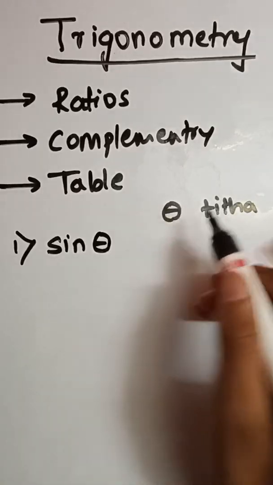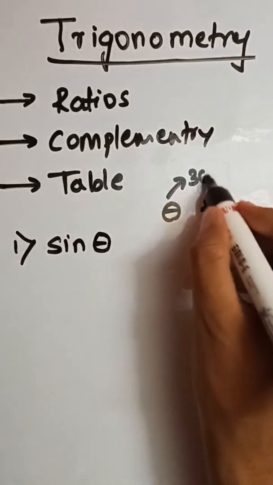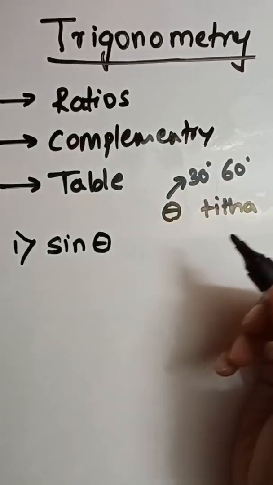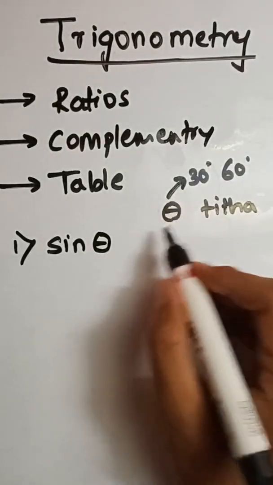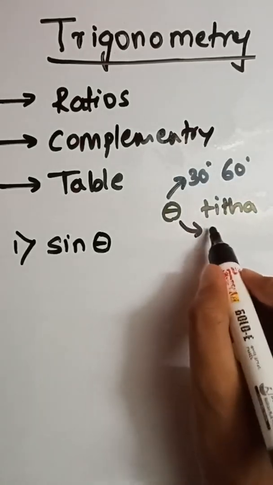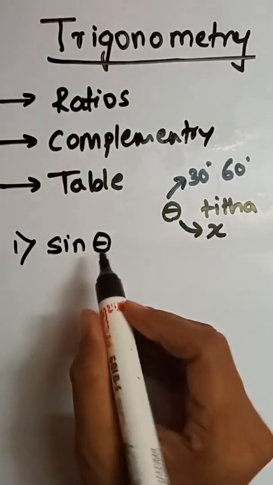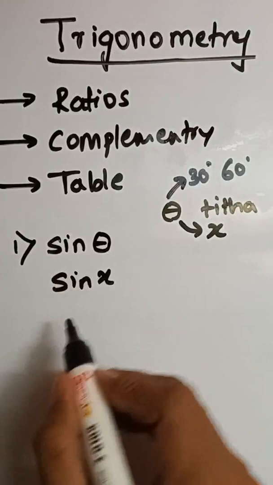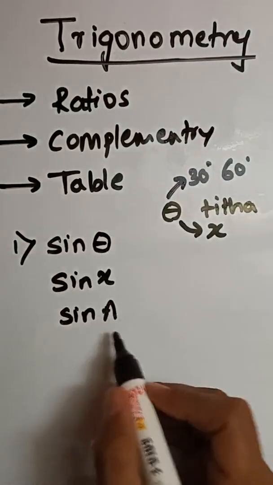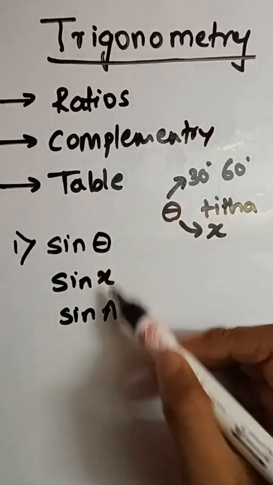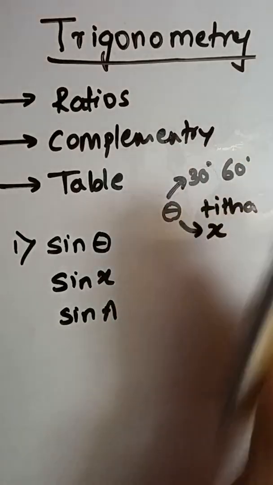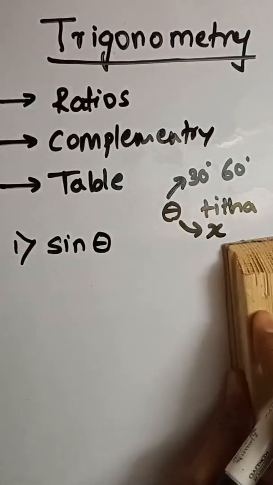This theta can have any value, like it can be 30 degrees, it can be 60 degrees, or any other value depending upon the question. Or instead of theta we can use other variables also, like it can be sine x, or sine a, or any variable. These variables only mean that they can be replaced by any angle. Okay, so first is